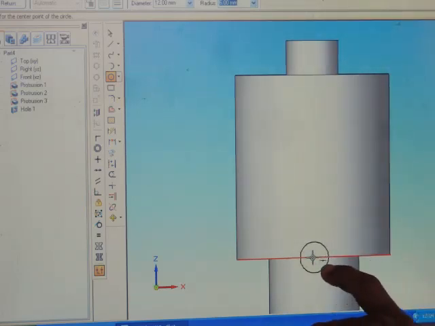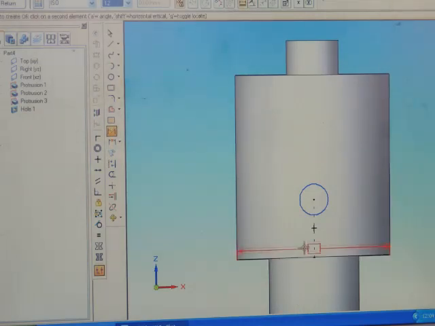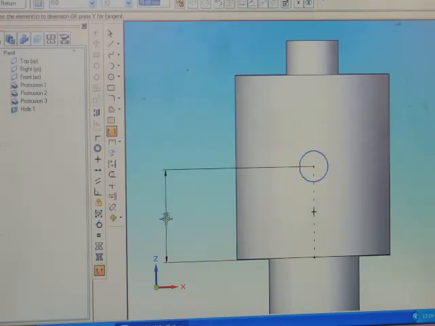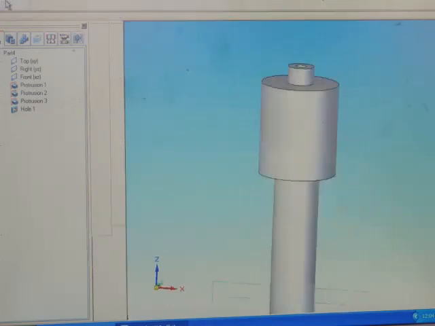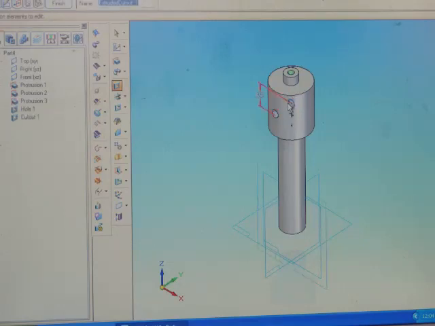Take a midpoint here, move this one and place it here. Now go to smart dimension. The distance between this and the center of this circle is 35 mm. Return. Again go to symmetric through all in both directions, finish, cancel.